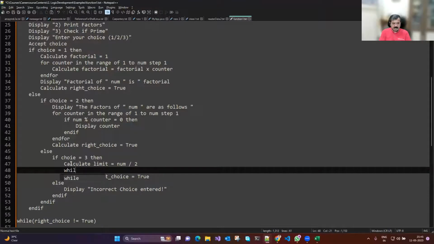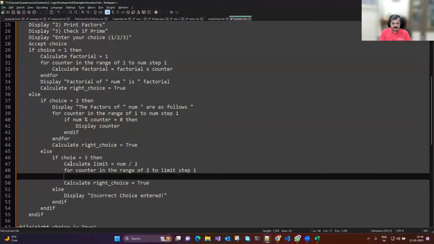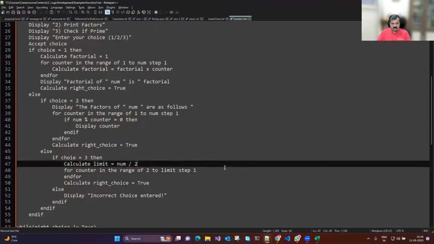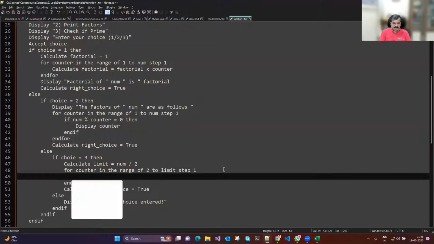And then I'll say for counter in the range of 2 to limit, step 1, and for, I'll say if num mod